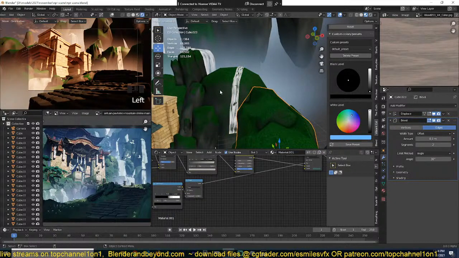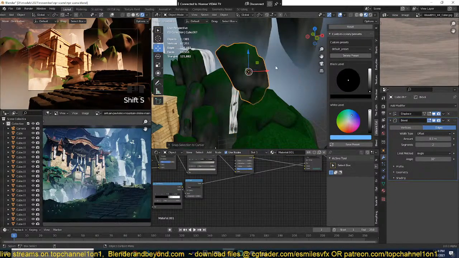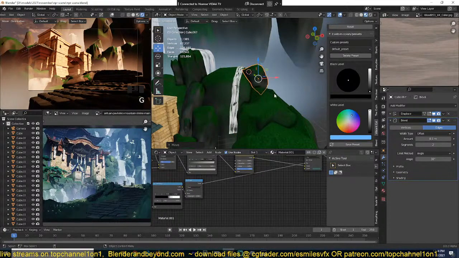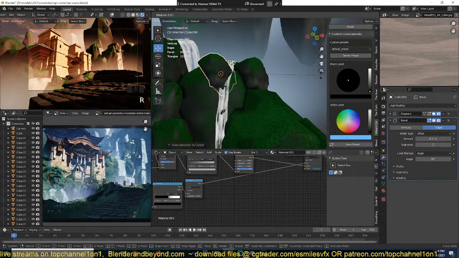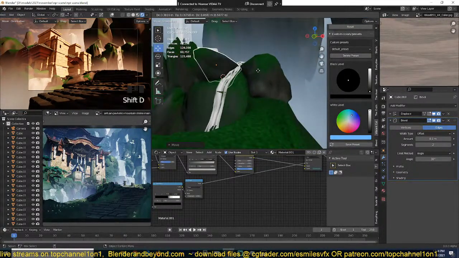Yeah, just going to grab some of these. Just duplicate some rocks here to make